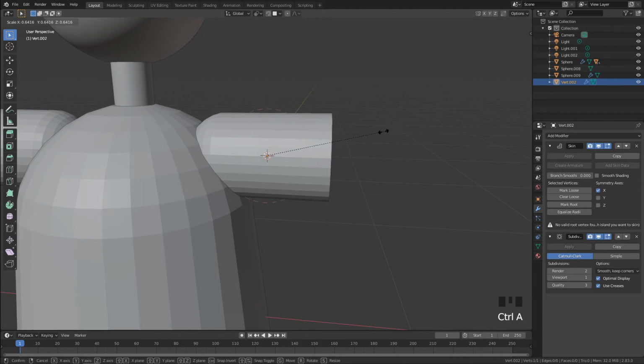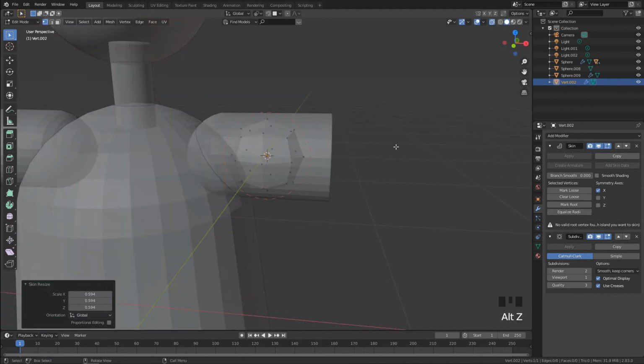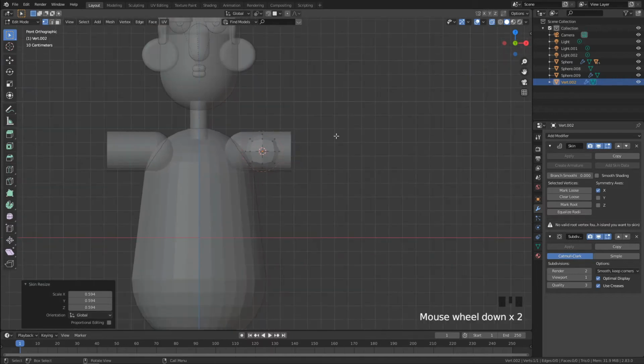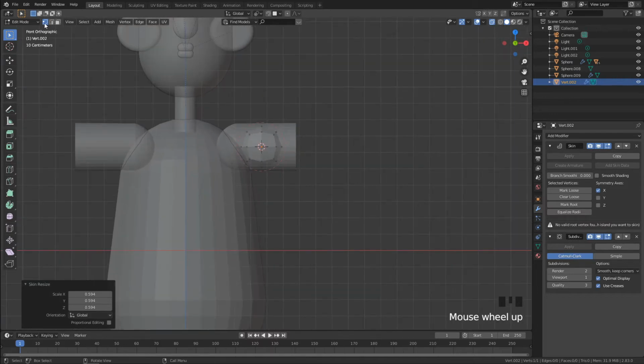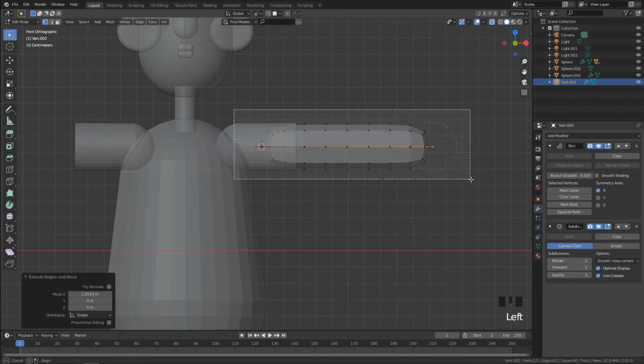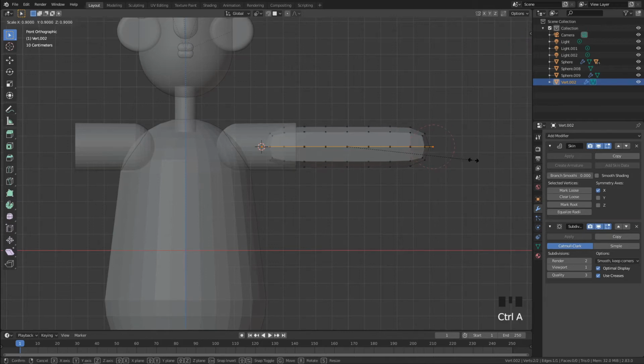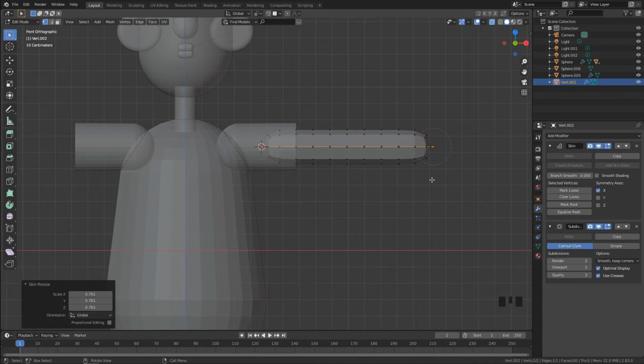the skin modifier. Then I'm going to go into X-ray mode with Alt Z, go into my front view mode, and then make sure you have the vertex selected, because otherwise this won't work. And then we're going to press E and X to extrude this out. I'm going to highlight both of these, cut, and then press Control A again just to shrink these down a little bit more,